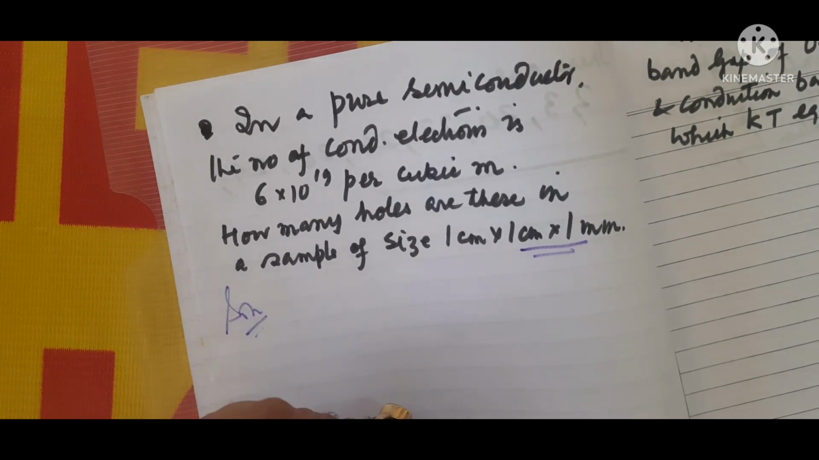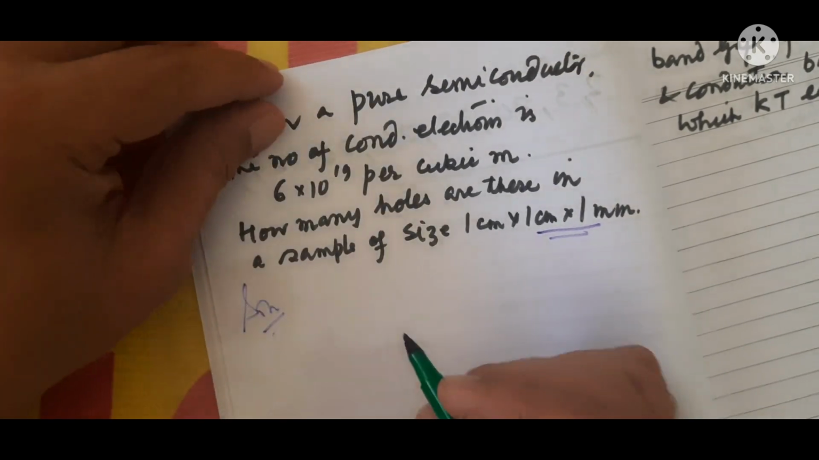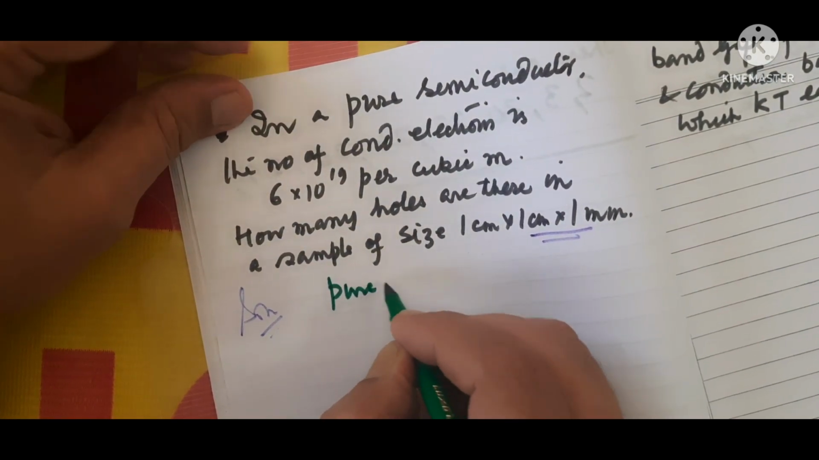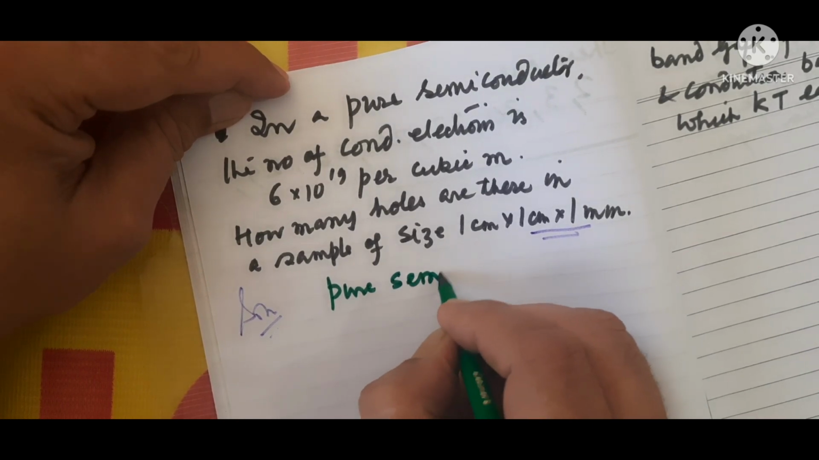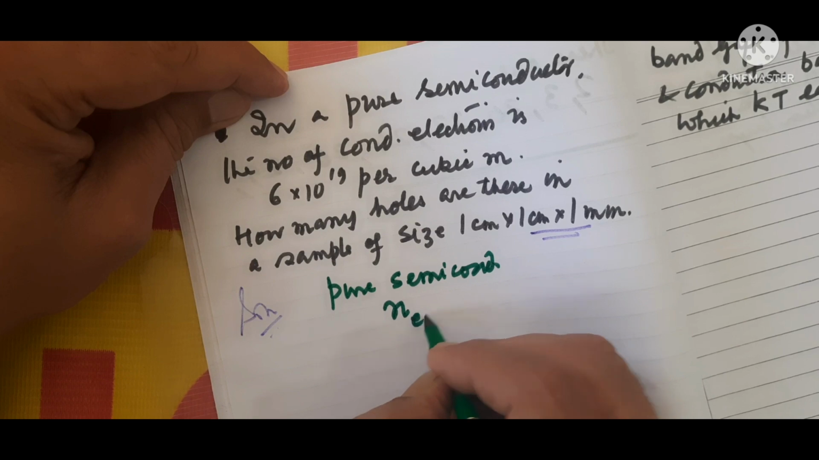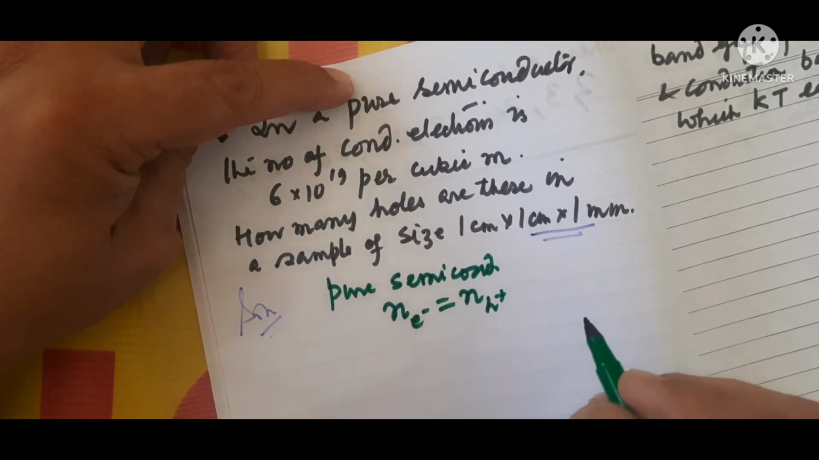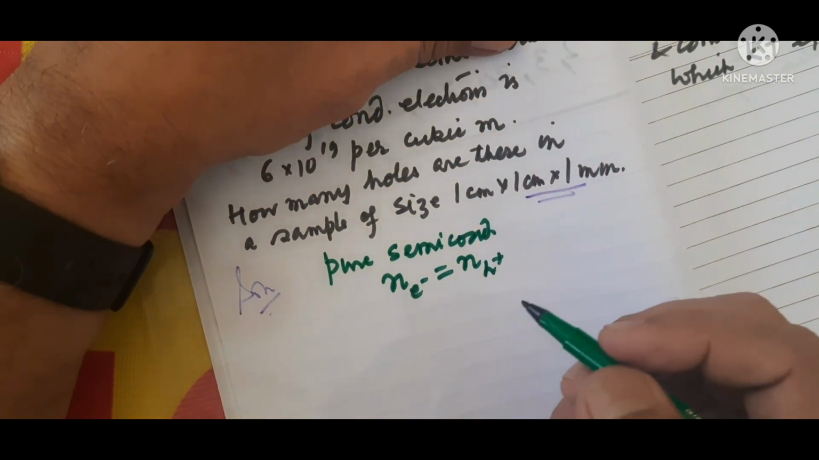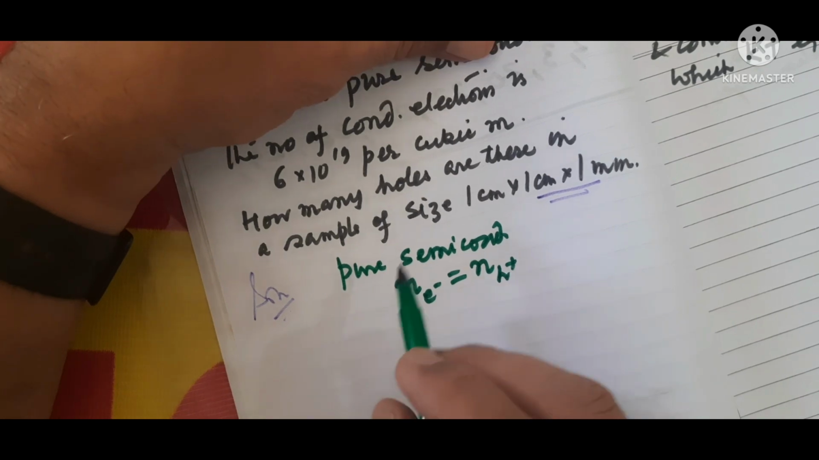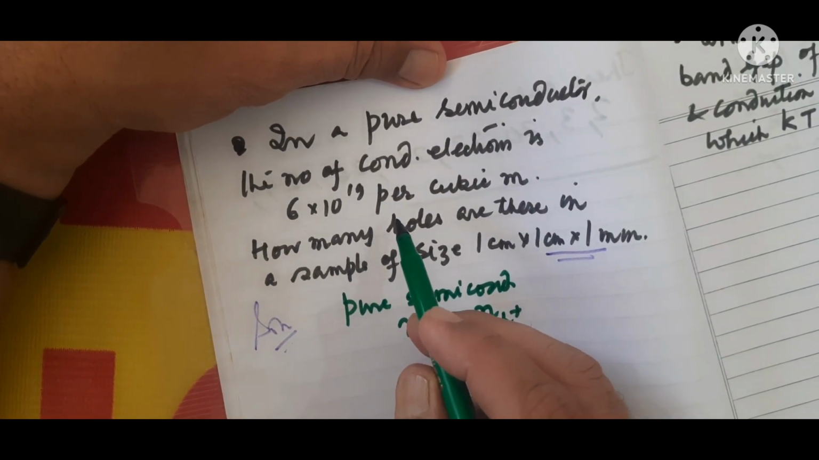Just think about it: in case of a pure semiconductor, the number of electrons is equal to the number of holes. So, here it is given that there are 6 into 10 to the power 19 electrons per